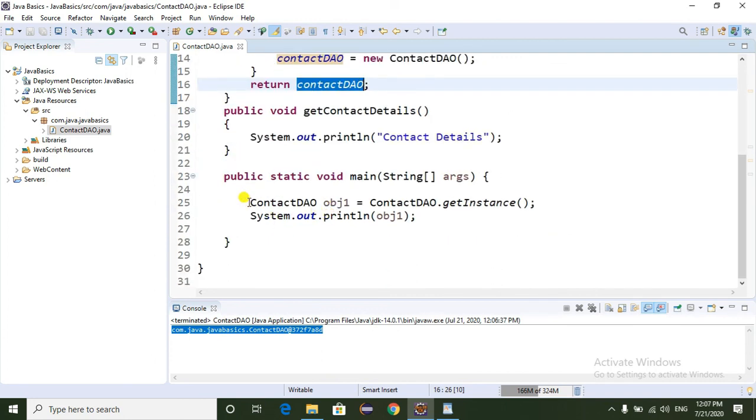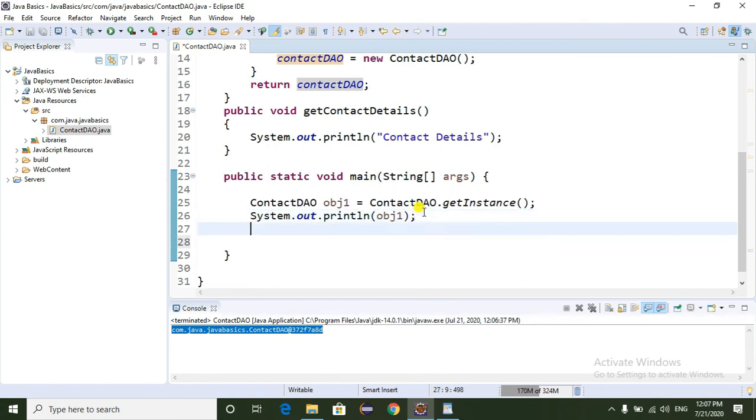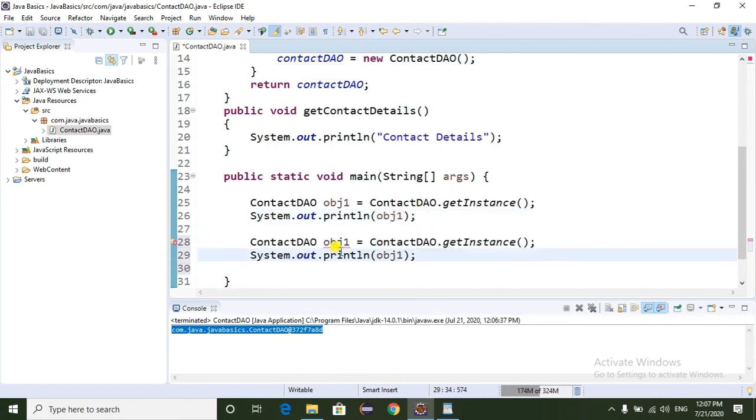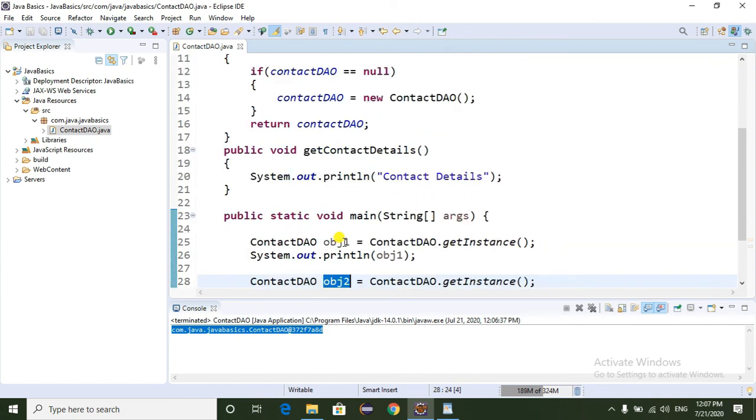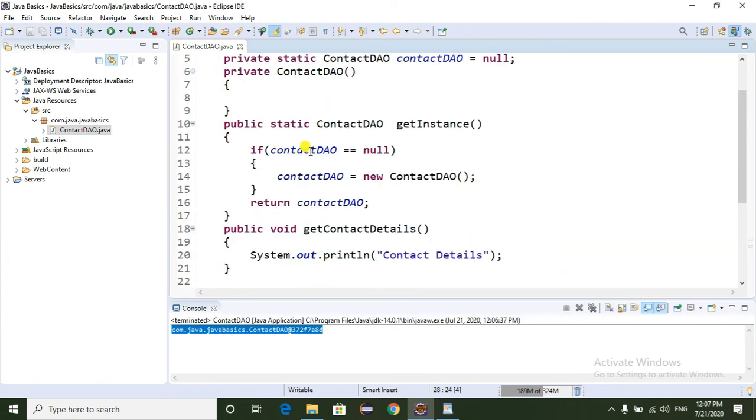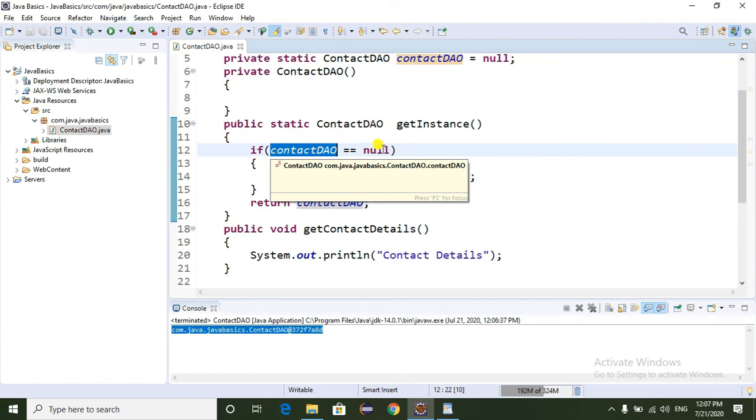Now I am creating one more object for this class. The object name is object2, so we are trying to create a new object. Control comes here and it checks whether the Contact object is null or not.